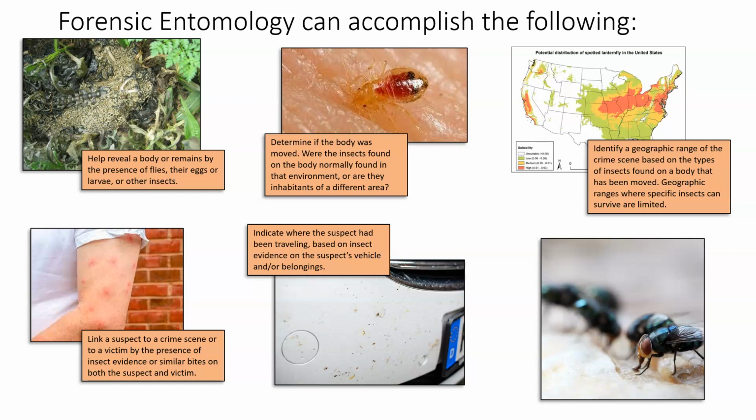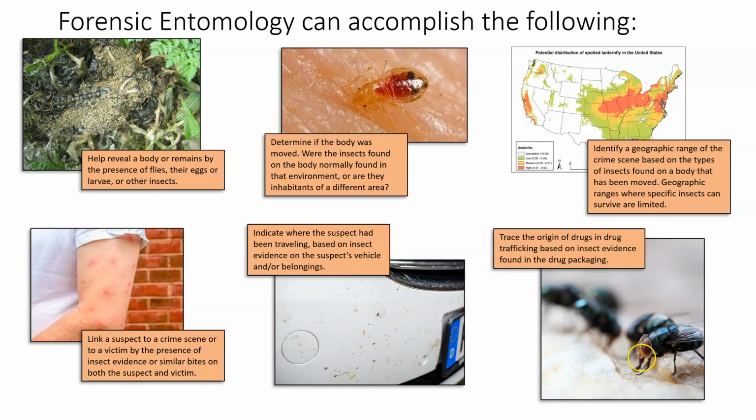They can link suspects to that car. They can then link suspects to that geographic range. They can refute alibis and just put the suspect in a place that he or she may have not readily allocated they were in. So trace the origin of drugs in drug trafficking based on insect evidence found in drug